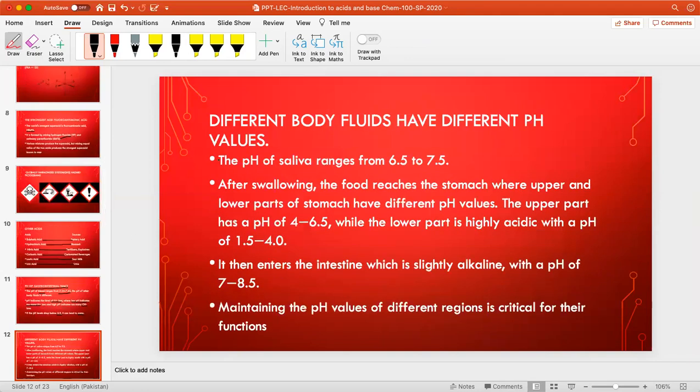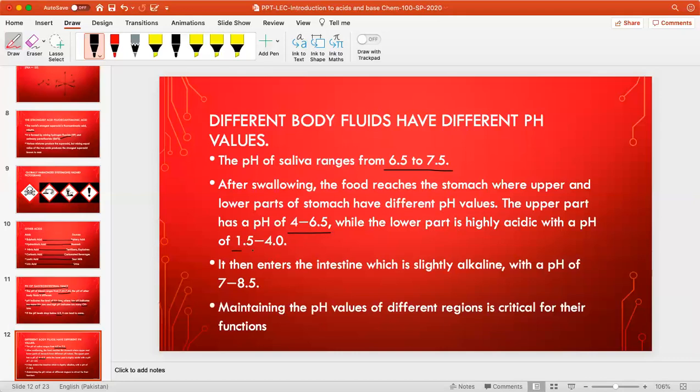Different body fluids have different values. The pH of saliva ranges from 6.5 to 7.5. Now, when you swallow, the food reaches the stomach, which has two parts, the upper part and the lower part, each with different pH values. The upper part has a pH of 4 to 6.5, while the lower part is highly acidic with a pH